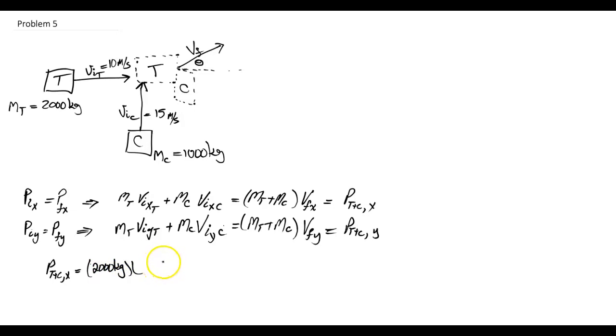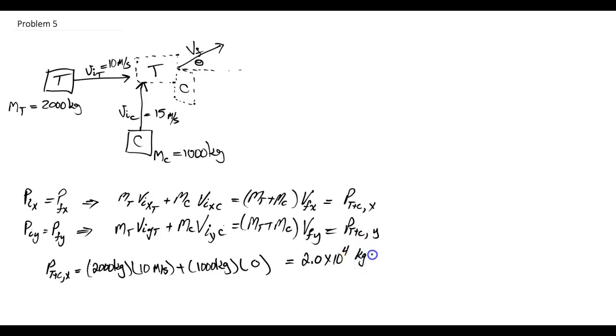Initially it was going at a speed of 10 meters per second in the x direction, plus the mass of the car, which is 1,000 kilograms. It was not moving in the x direction, so that's 0. And we get that the momentum in the x direction has to equal 20,000 or 2.0 times 10 to the 4th